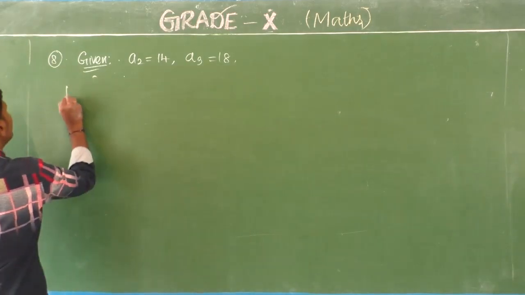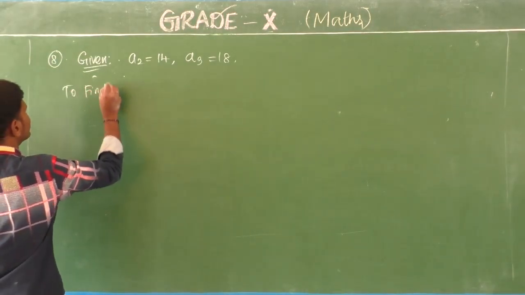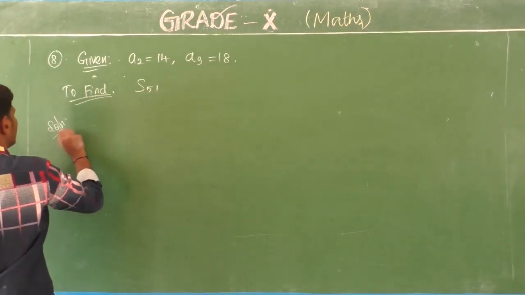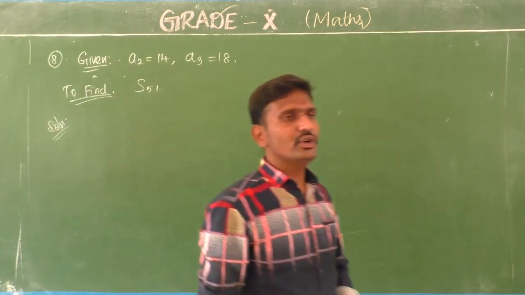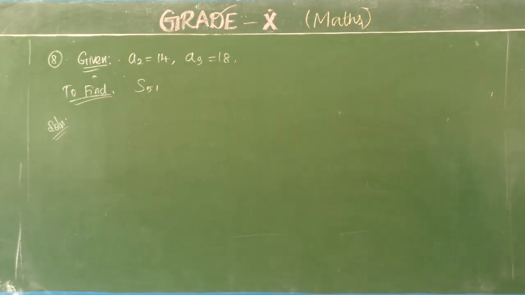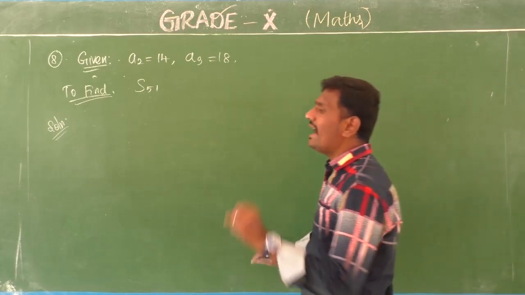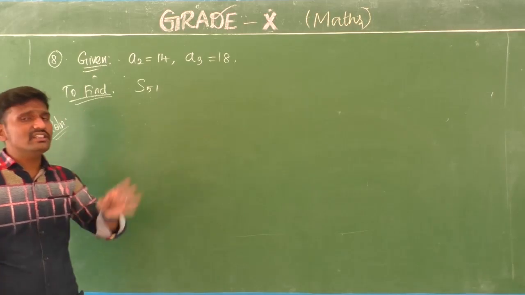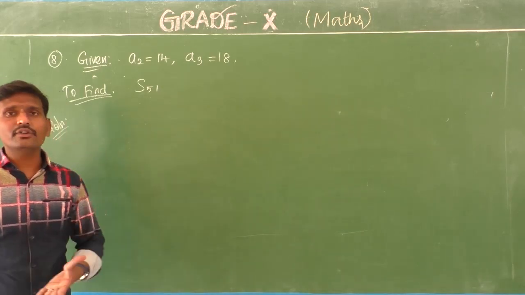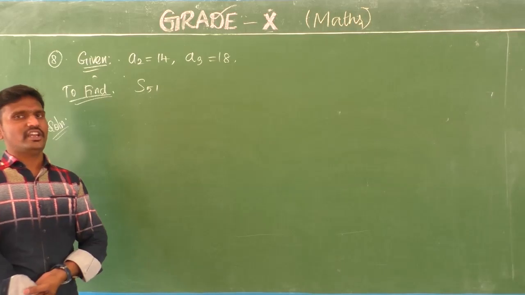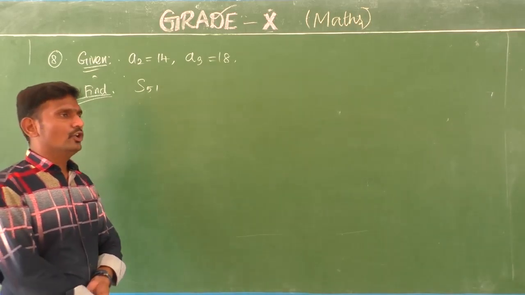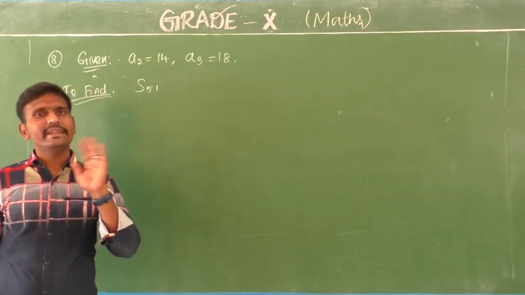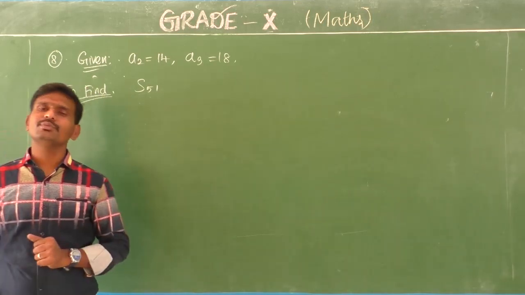Now what are we going to find? The sum of first 51 terms, so that is S51. Now coming to the solution. Student, this is also very simple. You have the second term and third term, and you have two ways of doing this sum. The first one is to take the second term and the third term and use the nth term formula to get two linear equations, like the previous exercise. Then we solve the two linear equations to get the values of A and D, and substitute here in S51.